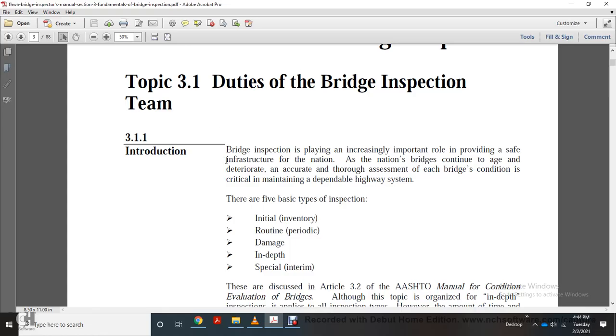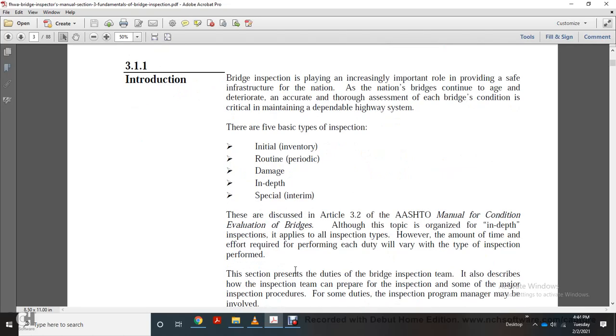There are five basic types of inspection: initial, inventory, routine, periodic, in-depth, special, and interim. They are discussed in Article 3.2 of the AASHTO Manual for Condition Evaluation of Bridges. Although the topic is organized around in-depth inspection, it applies to all inspection types. However, the amount of time and effort required to perform each duty will vary with the type of inspection